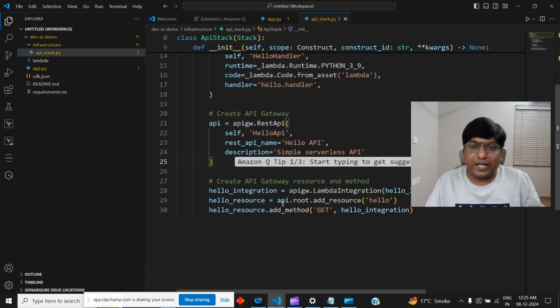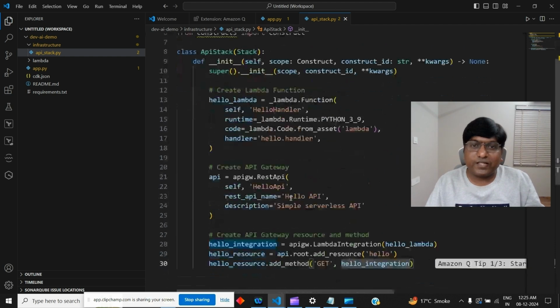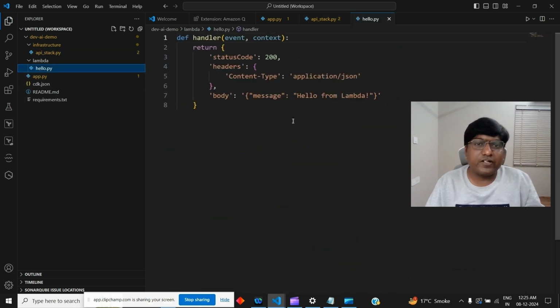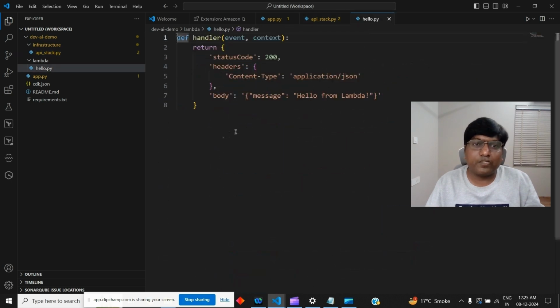and you can see the resources and method also get added. A hello resource and a GET method are added for this, right? So you can see everything is auto generated here. And in the Lambda function, the handler function code is also generated. So it is a very simple Lambda function, API Gateway, and GET endpoint generated, with simple code. So now as a next step, if we want to do more with this extension,